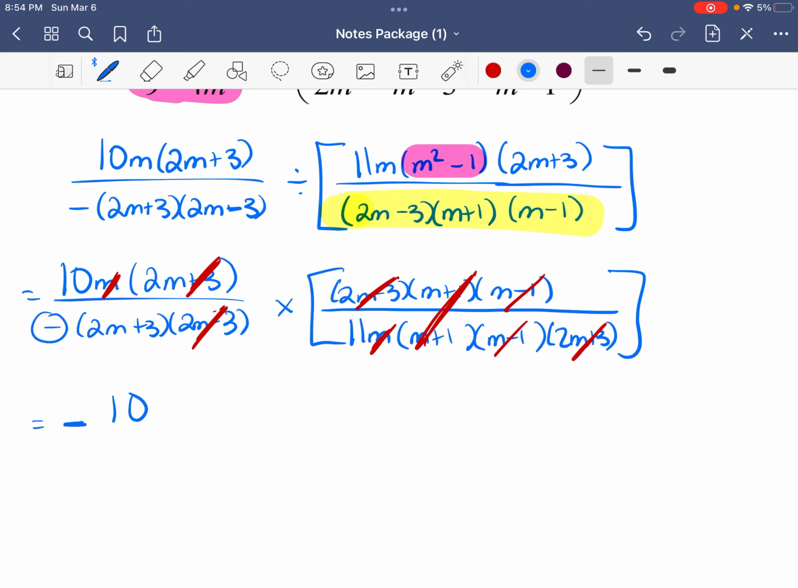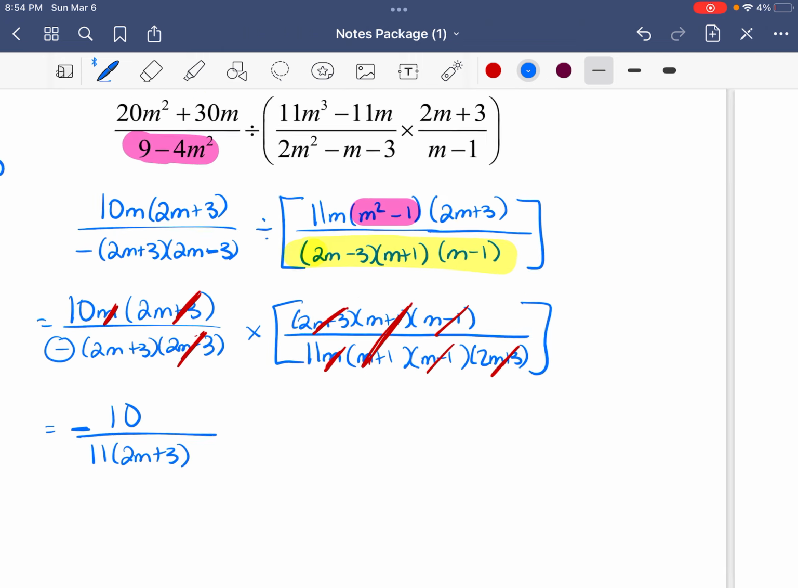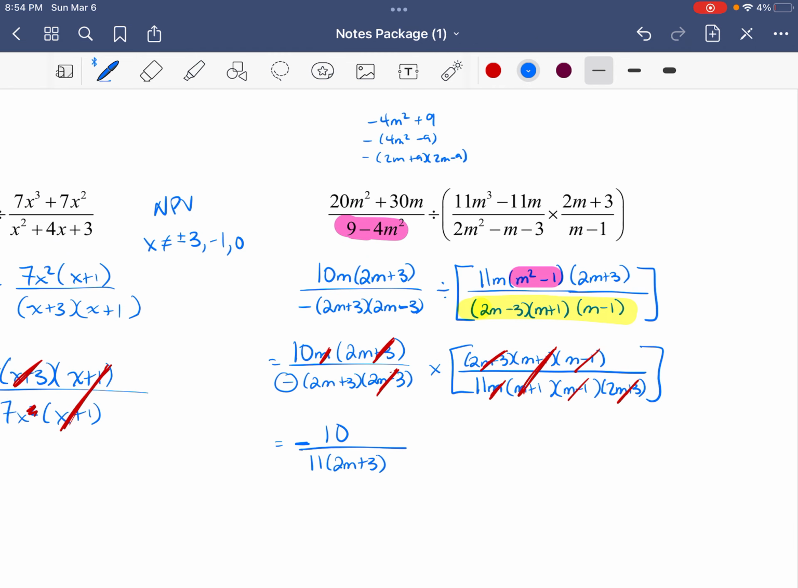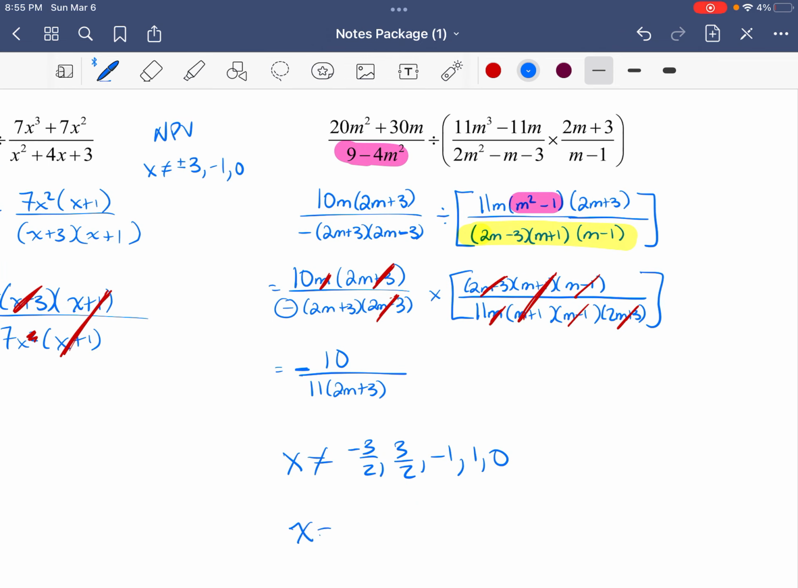We have this negative sign, so I'm going to stick it out front. And then we've got 11 and 2m plus 3. Now one thing that I haven't done yet is our x cannot equal. And we're going to get negative 3 over 2, 3 over 2, negative 1, 1, and 0. And you could clean that up. You could say x cannot equal plus or minus 3 over 2, plus or minus 1, or 0. And we made it without the